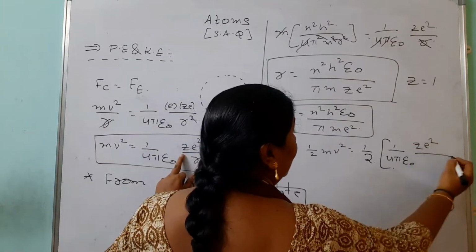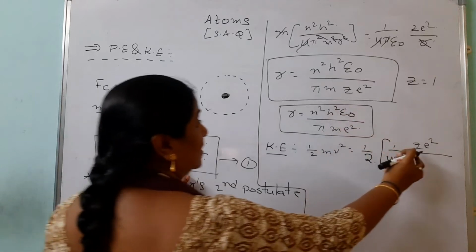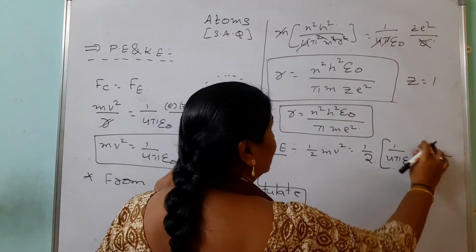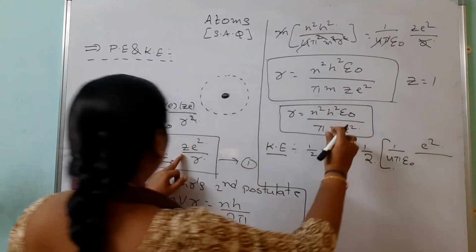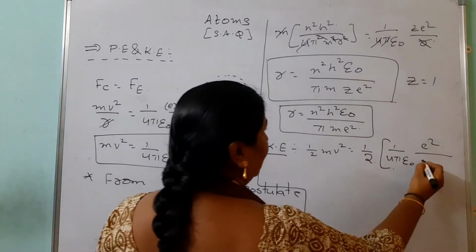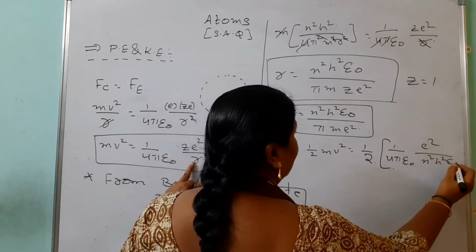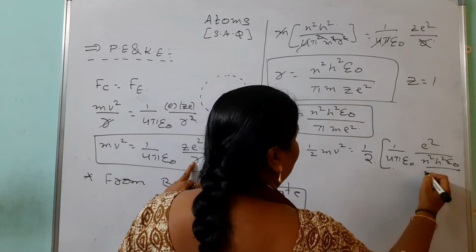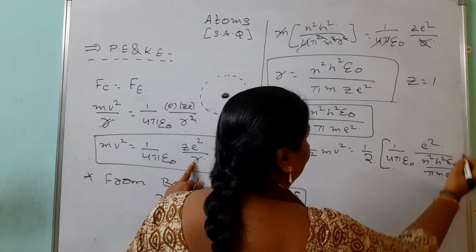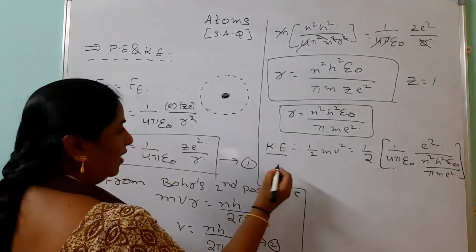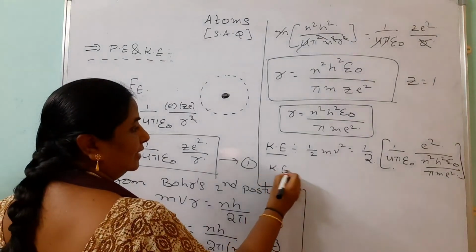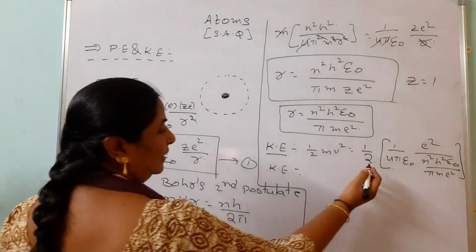Instead of z we are taking 1 only. So e square by, instead of r we are taking n square h square epsilon naught by pi m e square. After simplification we are getting the expression for kinetic energy,